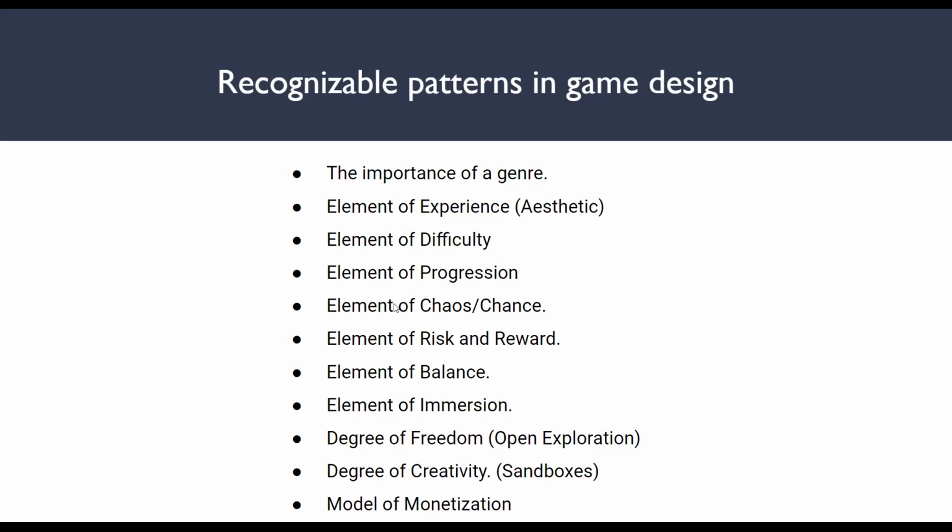The element of chaos and chance is basically, okay, before this, I would just like to mention, good game design is not only limited to video games. As I mentioned before, anything with a starting goal, end goal, and with objectives and rules can become a game: a game of tennis, a game of cricket, or a game of chess. Board games are also a good example of this. So in an element of risk and reward, a very good example is snakes and ladders, and there are elements in video games as well, like randomized loot drops and stuff.